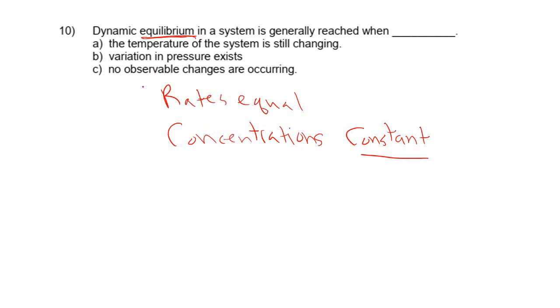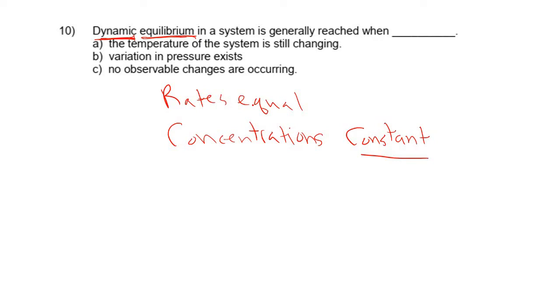The word dynamic here just means that it's always happening, right? It never stops. So remember, these equilibrium reactions, they never stop. These reversible reactions, all we do is we get to a new equilibrium, but they're always going. They're always going, they never stop. All that happens is you get to the point where the rate of the forward reaction equals the rate of the reversible reaction. Therefore, there's no observable change, right?